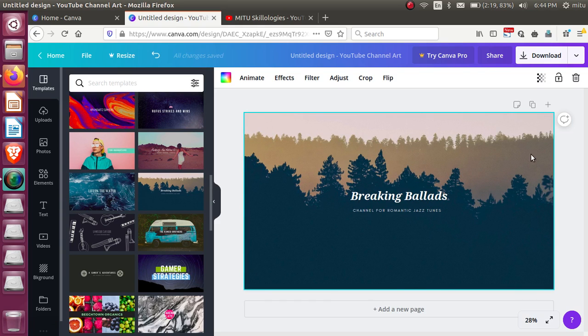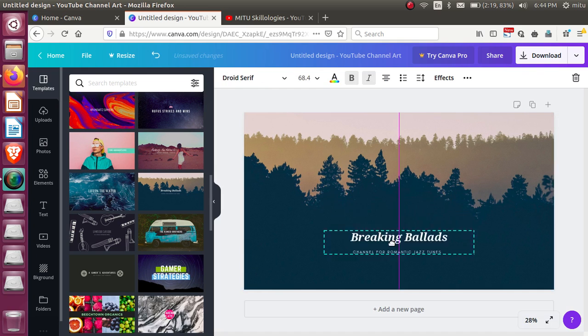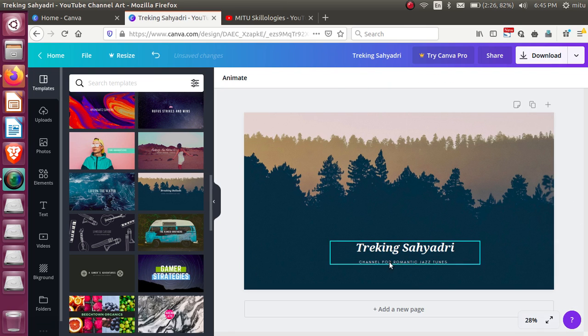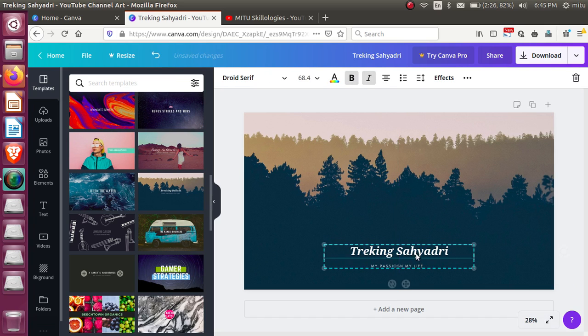And if I want to modify, it's possible. See this one, I can modify it as per my ideas. For example, I want to create a channel for trekking. So let's have Trekking Sahyadri. Okay, in this way I can create this, and my passion, my life, something like this. I just maintained it. Okay, in this way, I just created it. Fine. And I can modify it.